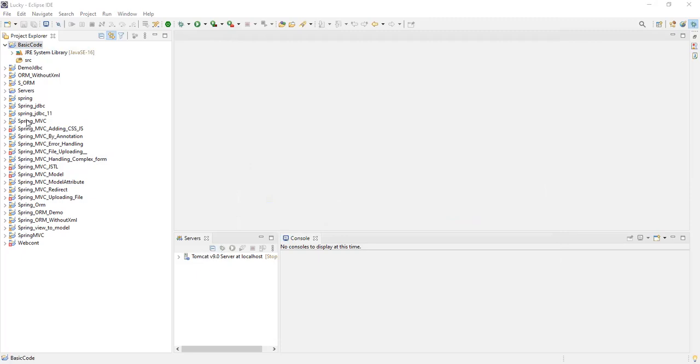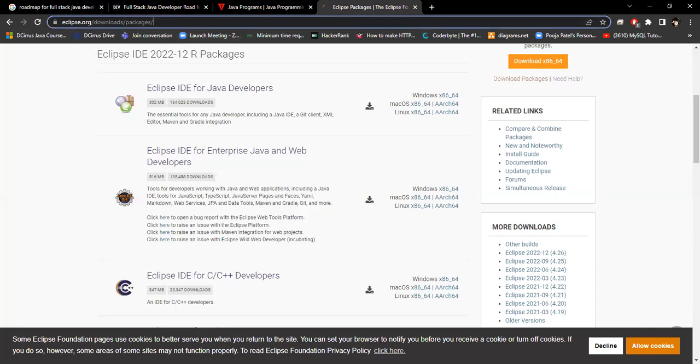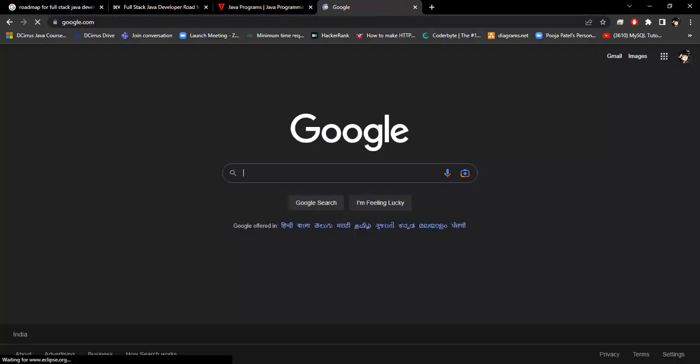Okay, so this is how you will do this basic code. Now how to do this, how to download this? I think everyone is familiar with how to download this one. Second thing, what you have to do, come over here and download